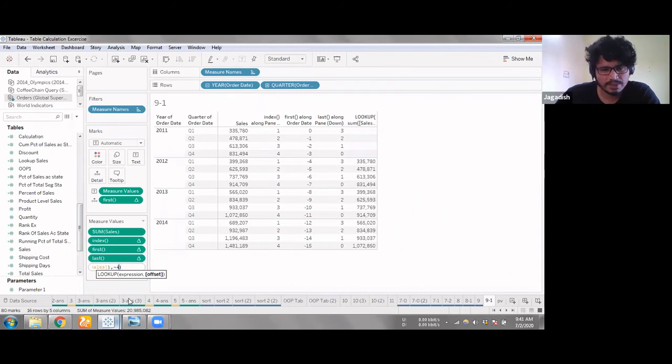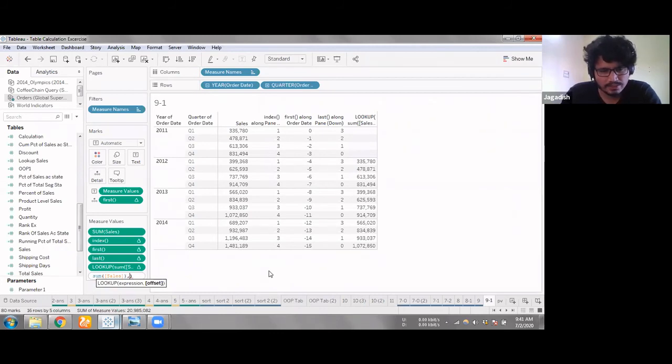Whatever integer offset I give, it will take it, but integers are not the only offsets it takes. If you remember the helper functions that we were talking about, first, last, and those things, it can take those values as well.